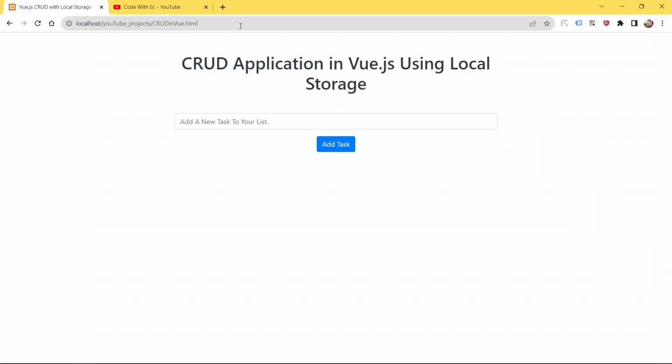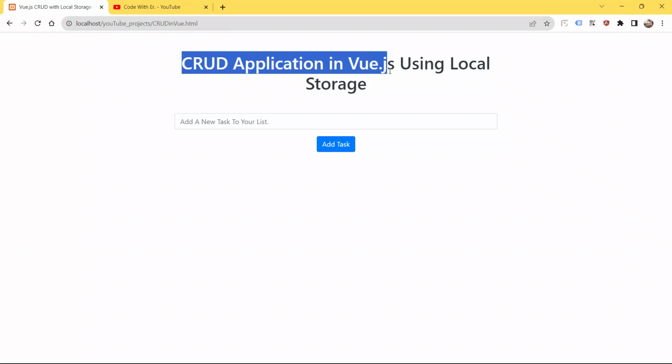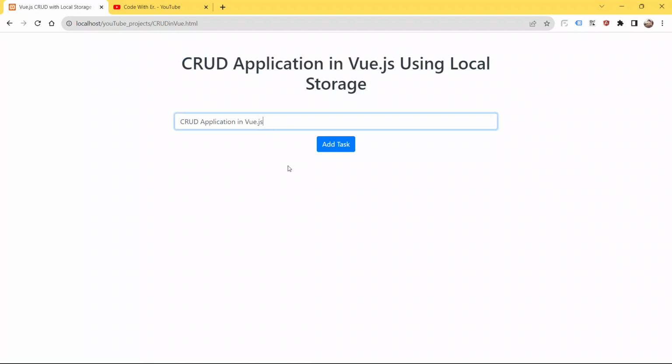Unless and until you add a task to your task list, you will not see any task in it, because we have deleted all the tasks from our task list. So I'm going to create 2 more tasks. Just copy this text from here, paste it here, and hit the add task button to add our task into the task list. See, again we got our task, which says CRUD application in Vue.js,